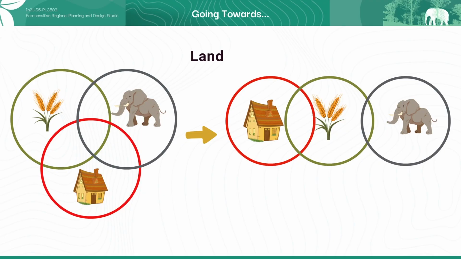So with that, this is what we aim to achieve through our strategies. As you can see in the first Venn diagram, there is an overlap between where people live, where elephants live, and where agriculture activities happen. With our strategies, we are trying to have a clear separation between human settlements and elephant territories, and also manage the overlap between agricultural areas and elephant territories. So with that, let's move to our spatial strategy on redemarcation of the elephant conservation area.